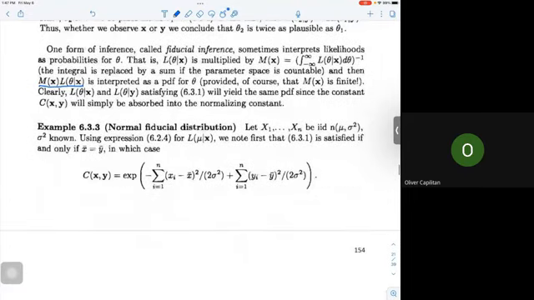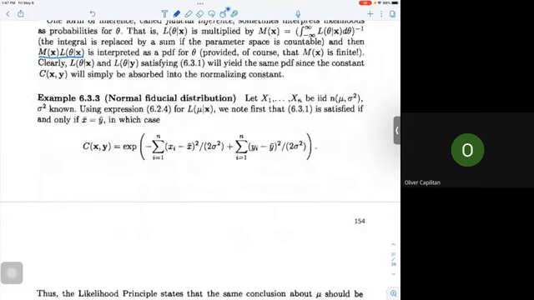Let's have an example. We have the normal fiducial distribution. Say we let x sub 1 up to x sub n be IID, normally distributed with mean mu and variance sigma square, where sigma square, the variance, is known. So the only unknown parameter here is the population mean mu. And then using the expression 6.2.4, since we equate our likelihood function,